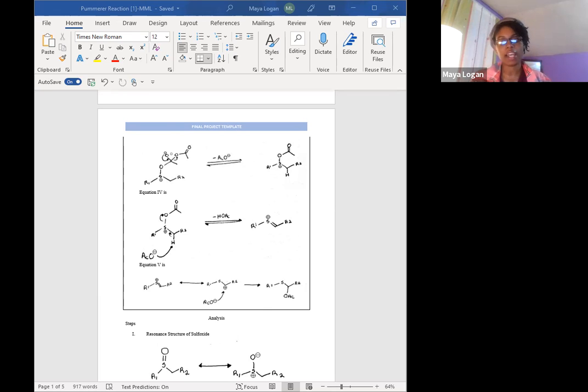For step 5, the formation of the alpha acyloxy thioether. The equilibrium reaction is where we see the return of the carbocation, and then the acetate will act as a nucleophile and attack the now positively charged alpha carbon atom. This attack leads to the formation of the alpha acyloxy thioether. And so that is the end of my Pummerer rearrangement. And my second